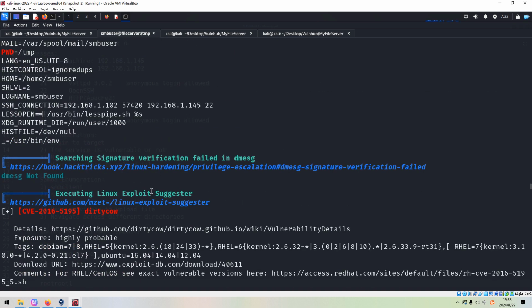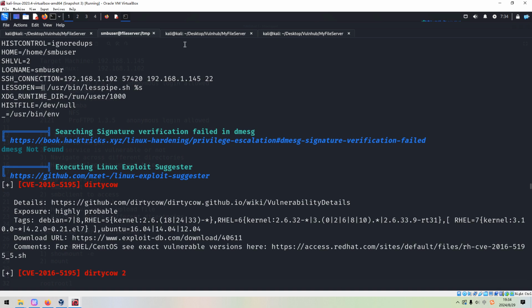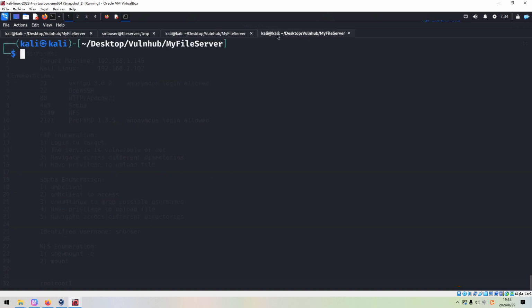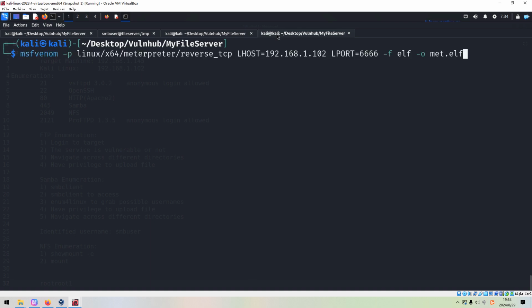Okay, but before I try to utilize the kernel-based exploit manually, I'd like to try to use Metasploit combined with the Meterpreter. So first of all, I think we need to upload the current shell to the Meterpreter, and to do that, we need to create or generate the payload with MSFvenom, and I'd like to autocomplete this command.